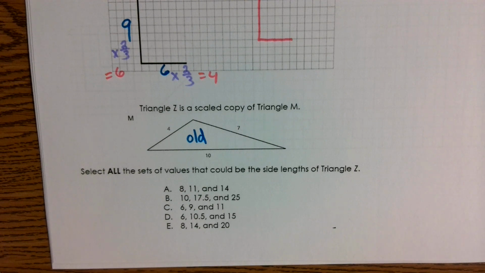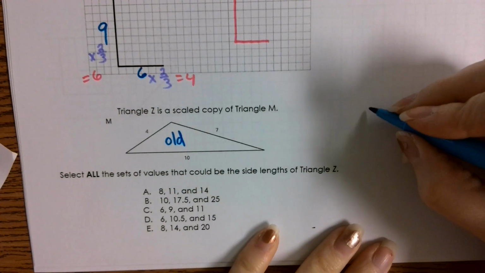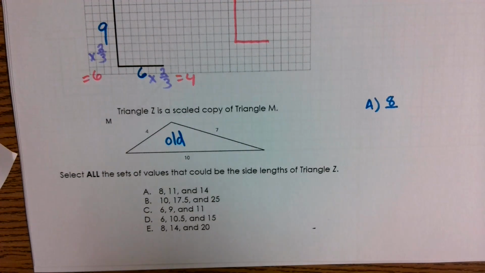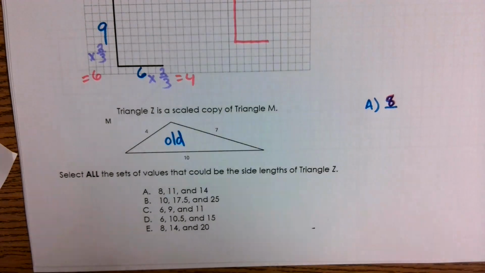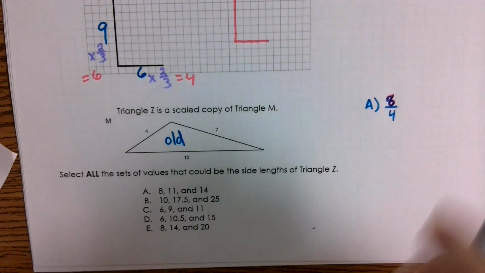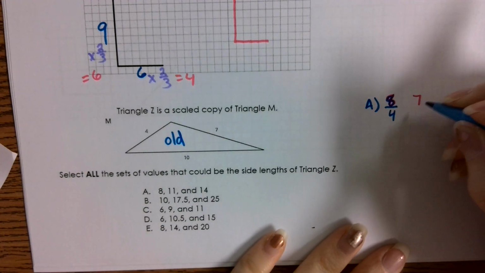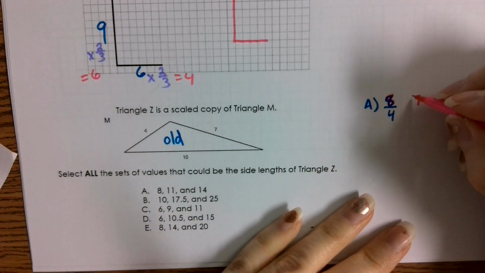So for problem A, I'm going to work it off at the side. That means I'm going to take the 8, or sorry, that should be the new, that should be in pink. I'm going to take the 8 and divide it by the 4. I'm going to take my 11